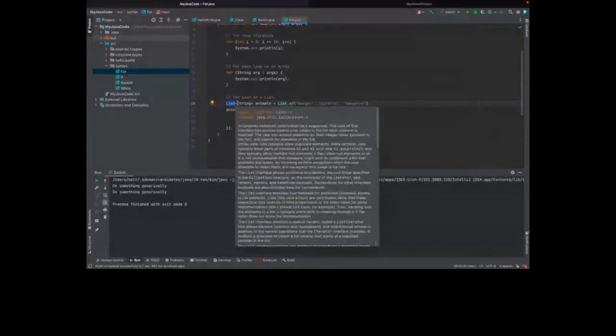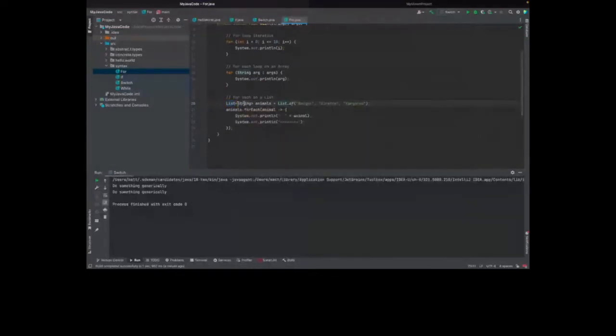But if you have, let's say, a list of strings called animals, where we have badger and giraffe and kangaroo, then we can do a loop like this, where we have an animals list and we do dot forEach and then run it through. People who write JavaScript will probably recognize this, because you can do a similar thing with arrays in JavaScript.